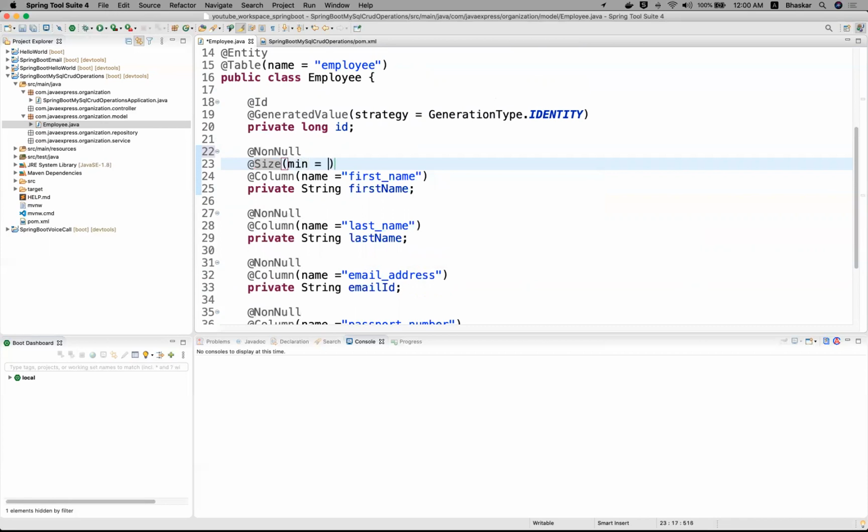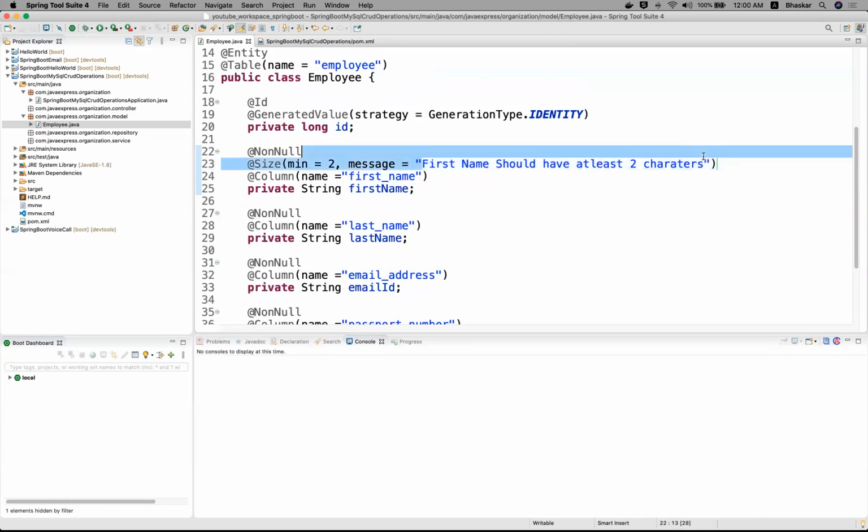Here you can provide minimum 2 characters. And if I try to give 1 character, I want to display this value: first name should have at least 2 characters. I want to display this error message for the first name. If you try to give a single character, then it will display this error message.